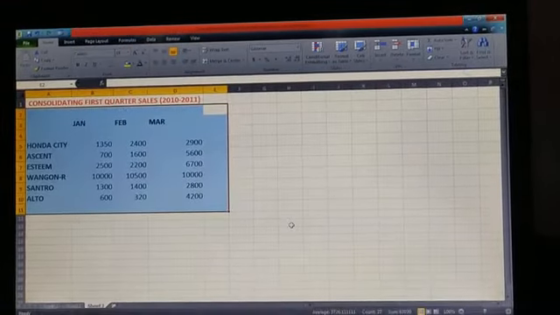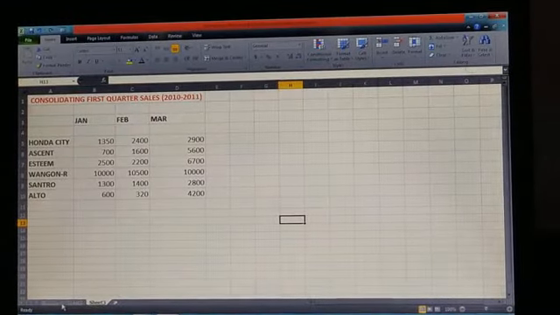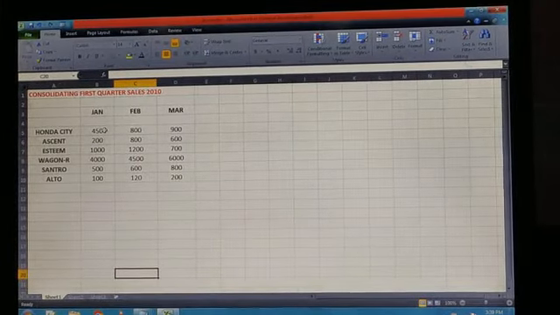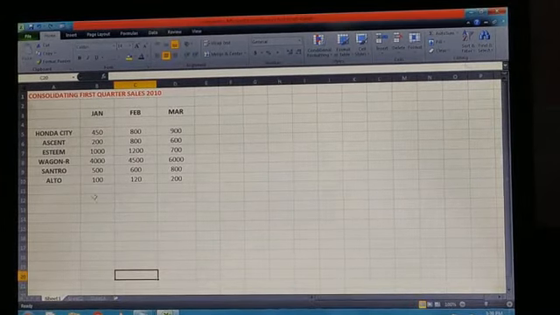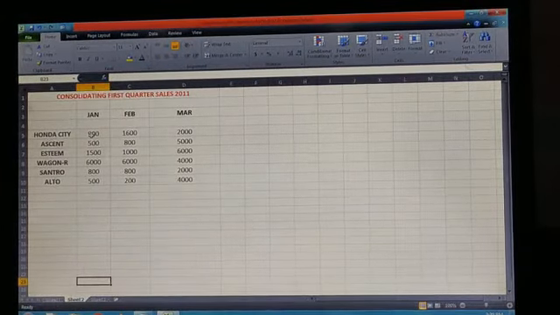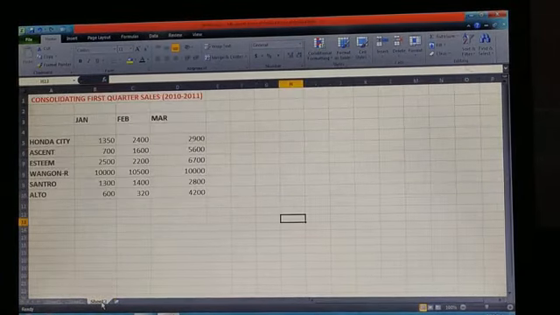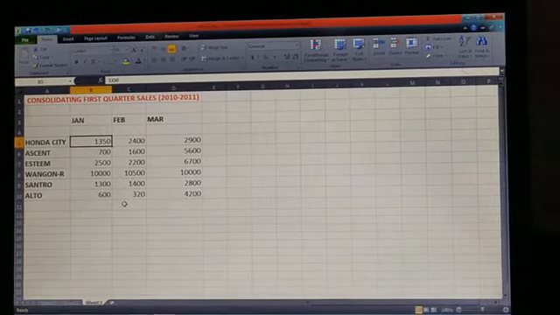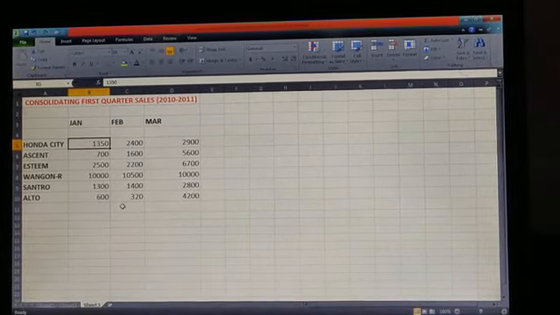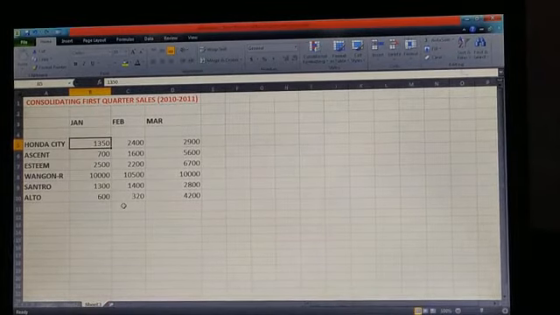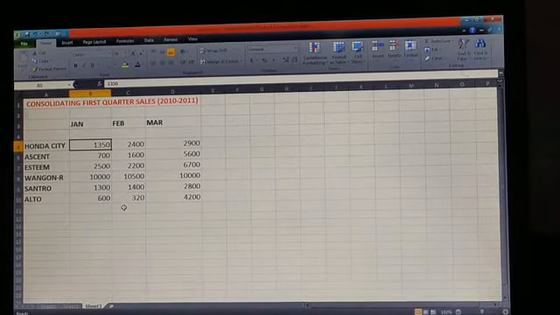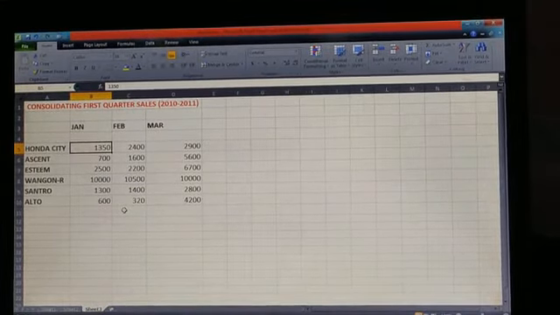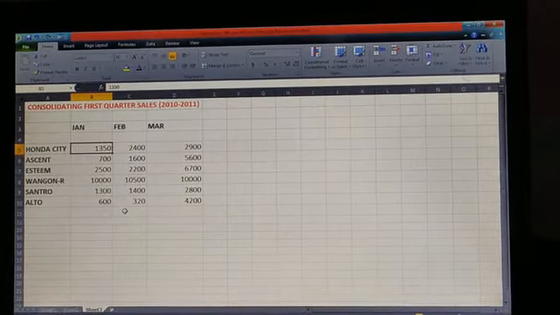Okay. Yes students, now you can compare your values. Like in sheet 1 there is a sales in January Honda City 450, in sheet 2 Honda City 900, then in sheet 3 900 plus 450, that is 1350. That means we have applied some function on all values of each month. Okay, so this is the simple procedure of consolidating the 2 worksheets data into a 3 worksheet.